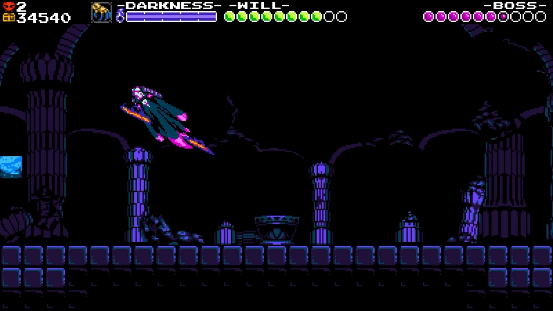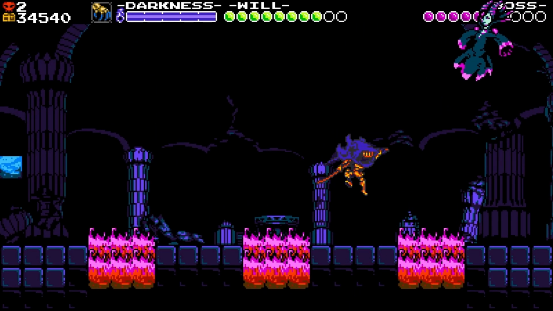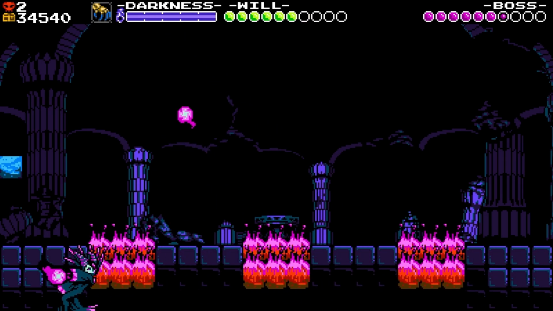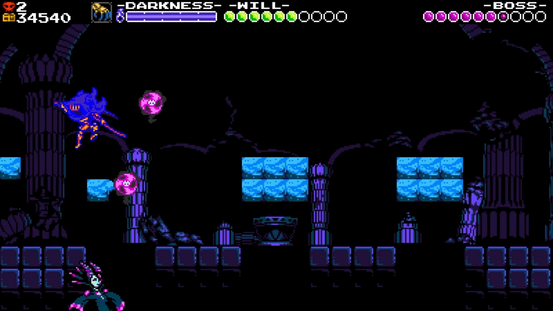And she can also fire fireballs from the bottom of the screen directly upwards to destroy those platforms. When she uses the fire on the actual platform below you, that's where the fight gets a little more dangerous, because for one thing, those last a while. But when that fire eventually goes out, those platforms are just gone, so you do slowly lose ground in this